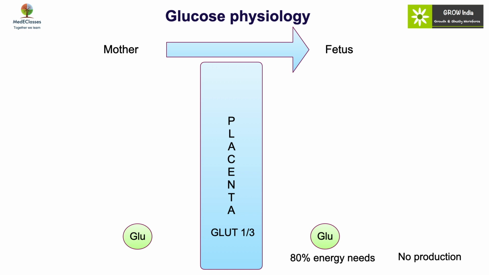What it really means is that maternal hypoglycemia would be very disastrous for the baby, because they will then develop hypoglycemia. Very importantly, maternal insulin cannot cross the placenta, and this is very helpful. Otherwise, if we give insulin to the mother, it will cross the placenta and cause severe hypoglycemia. So in a way, while glucose is being supplied from the mother, the fetus is independently developing its own